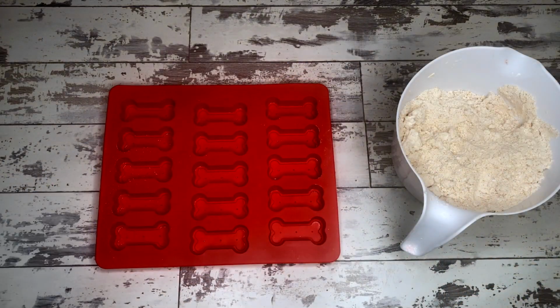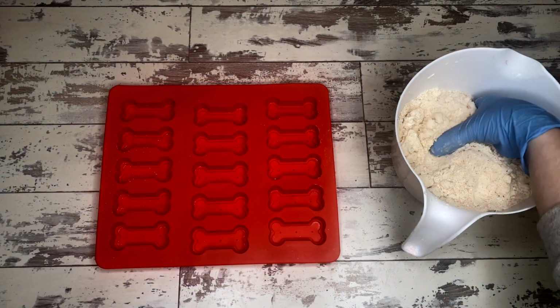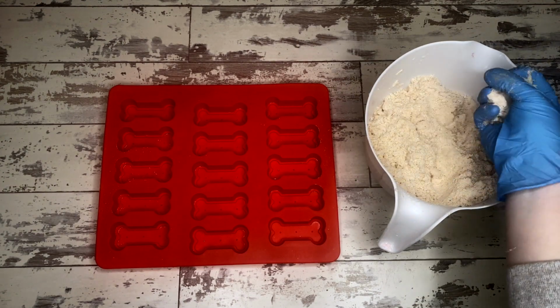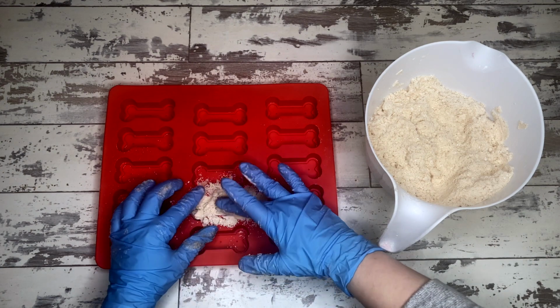And the essential oil that we use in this, because a lot of dogs can be sensitive to a lot of different essential oils, and the essential oil we use in this,